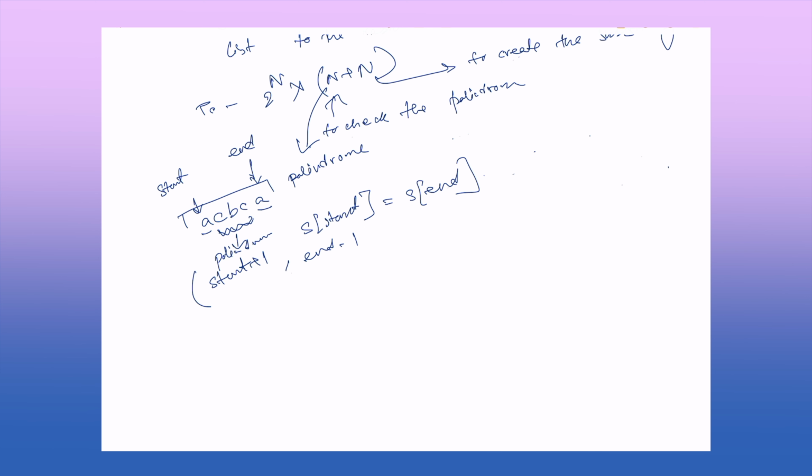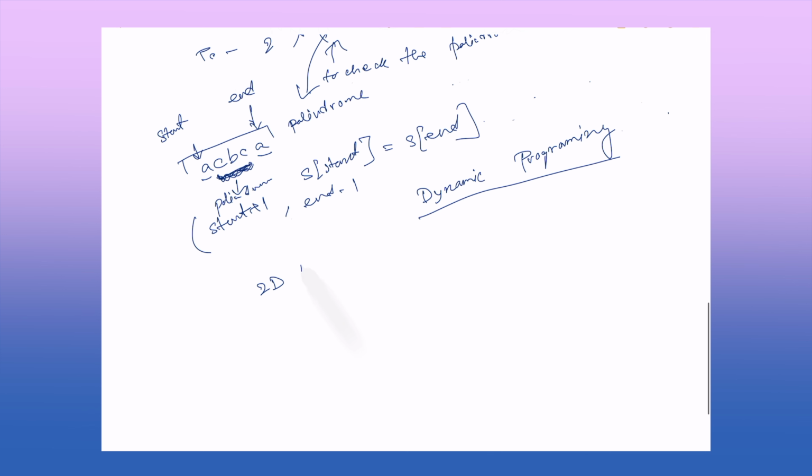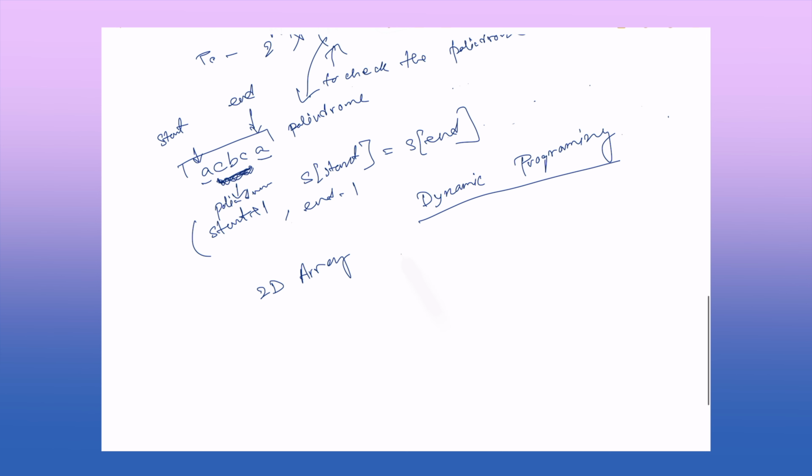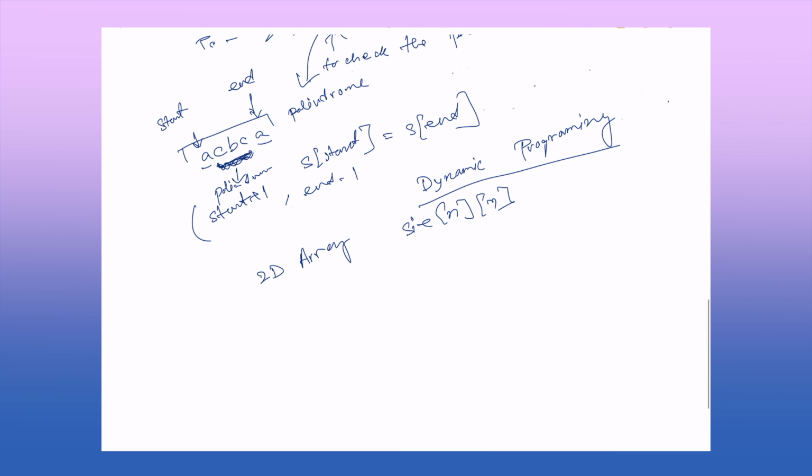Right? Now here we are pre-calculating that this particular part is palindrome, then we are saying that the entire substring is palindrome. So if there is a pre-computation, then which approach can we think of? We can think of dynamic programming. For dynamic programming, we can take a 2D array of size n, and the logic will be